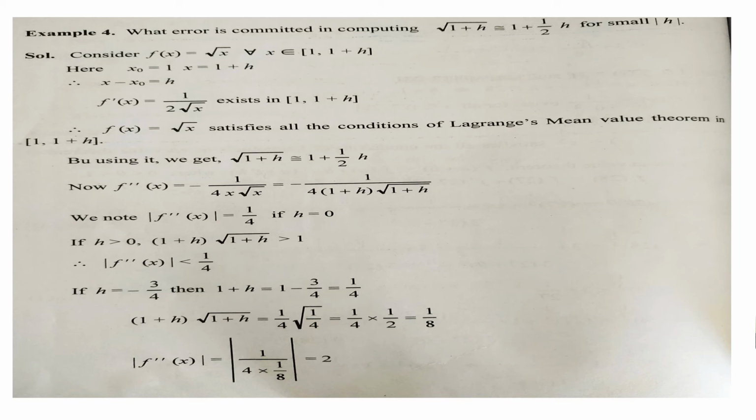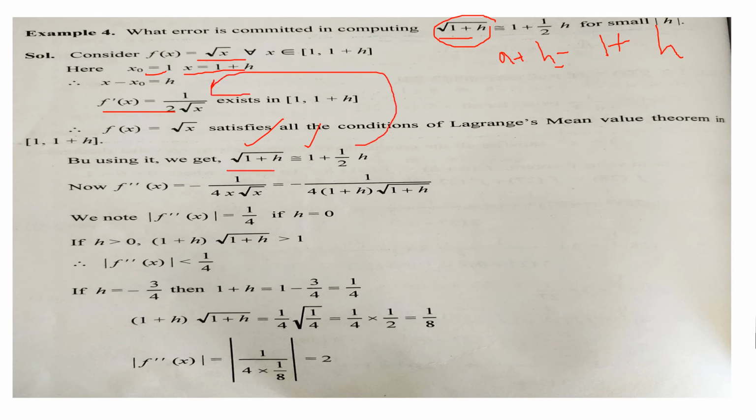Okay, the last question is here. What is the error committed in this one? Here it is root of 1 plus h. We will take the function root x. It is basically my a plus h, 1 plus h. A is 1 here. So you have to state the function, a is 1, and this is a plus h. This is the function derivative. We will use the Lagrange mean value theorem. f of a plus h is equal to f of a plus h f dash of a plus theta h. So you can always apply the a plus h form. So we get this equation.